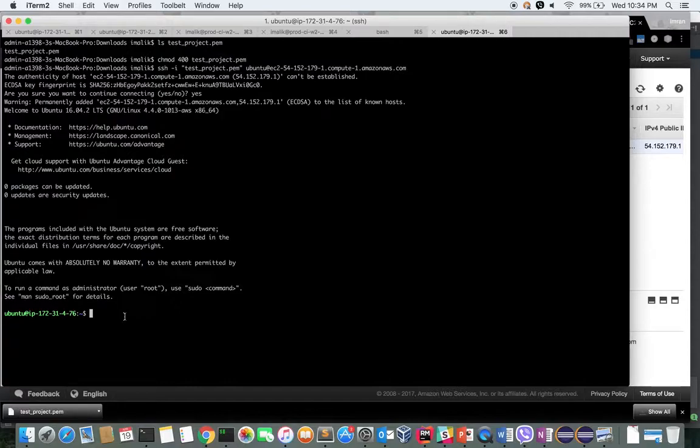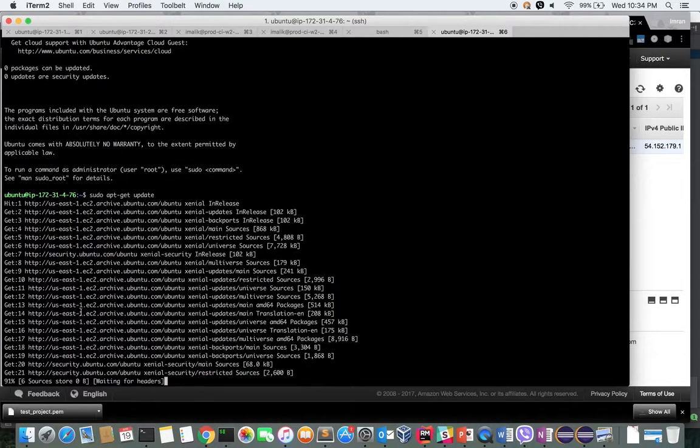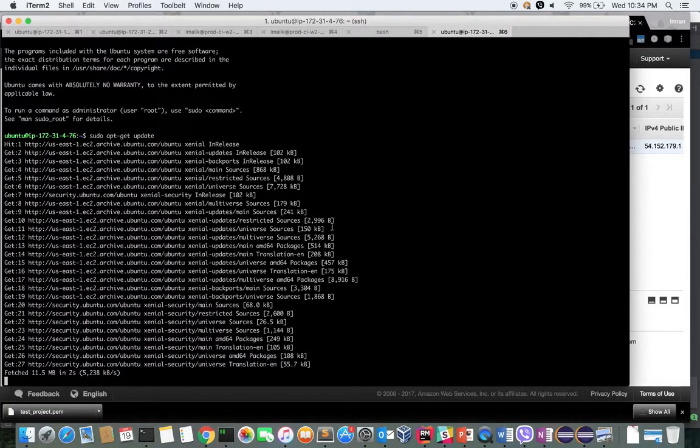First thing we need to do, since this is a Rails app, is that there are going to be a lot of package dependencies, so we need to make sure that we install those first. Since this is Ubuntu, I'm going to run apt-get update, and it's going to update all the repositories.